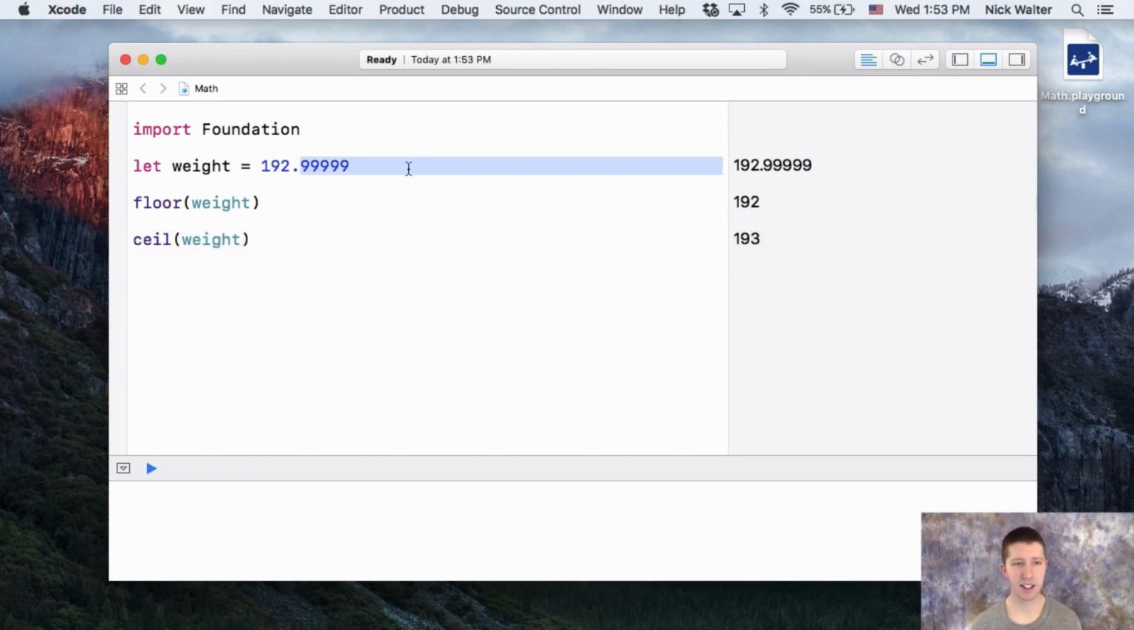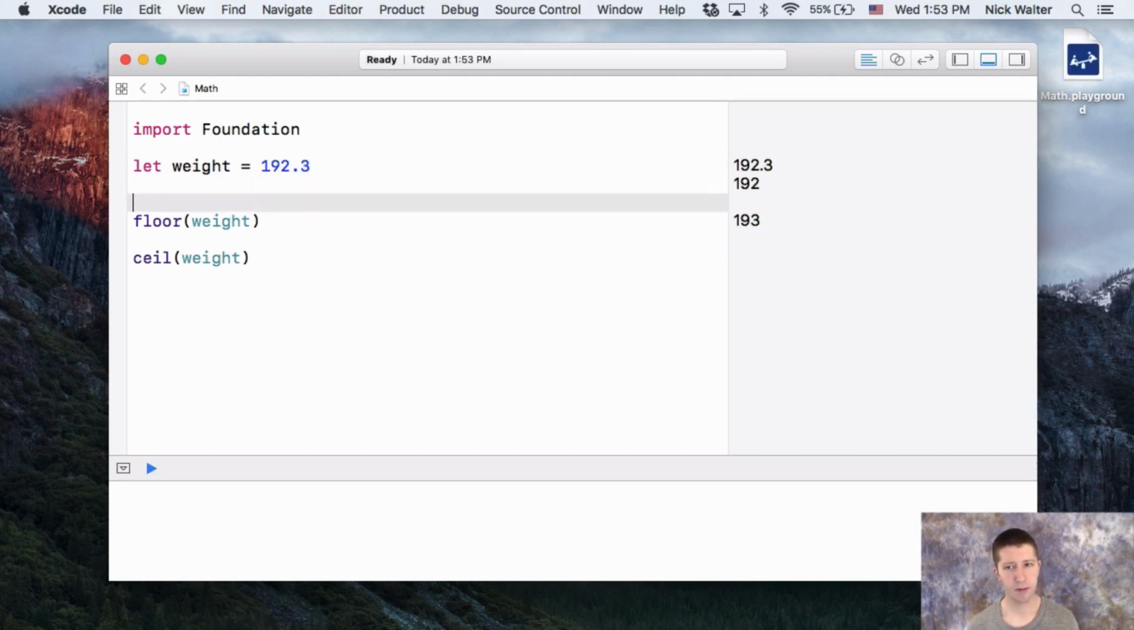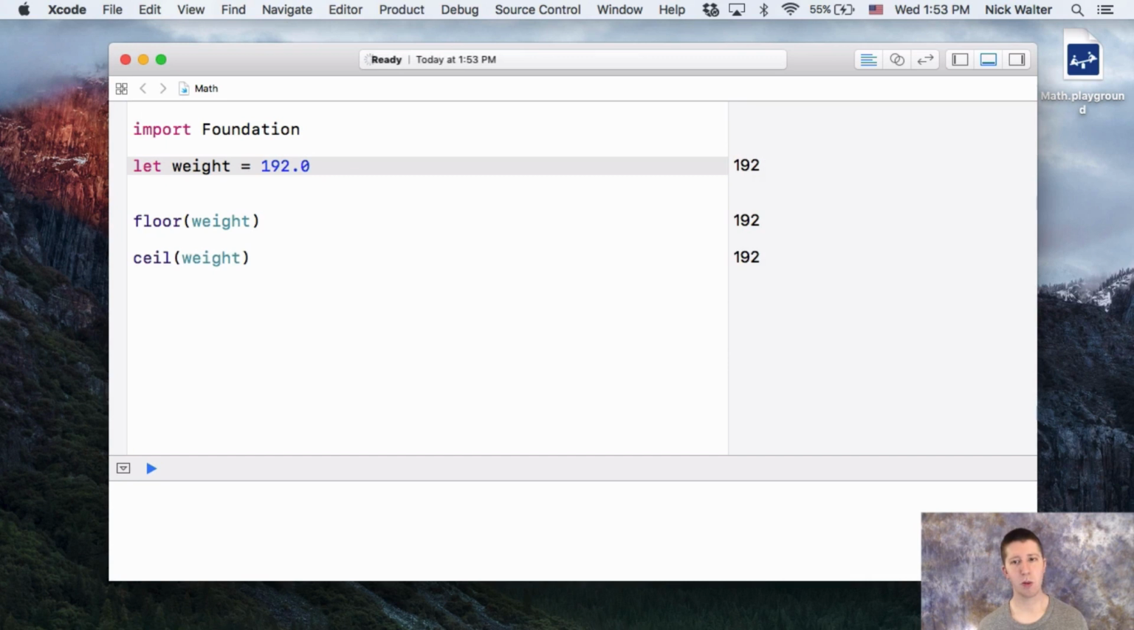There we have it. And it doesn't matter what this is. If I change this to 192.3, it'll still round this one down, round that one up. But you'll notice if I make it 192.0, it'll stay at 192, because ceiling's not going to bring it up to 193. So as long as it's not 0.0, if it's